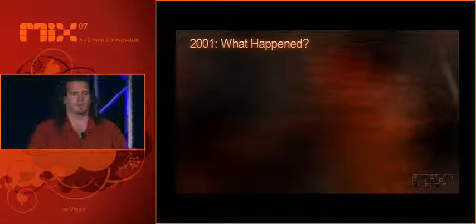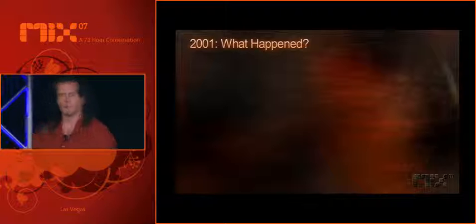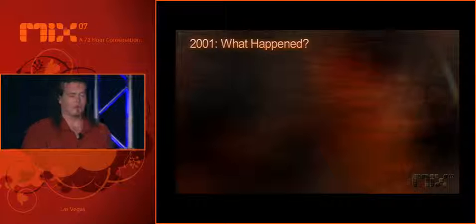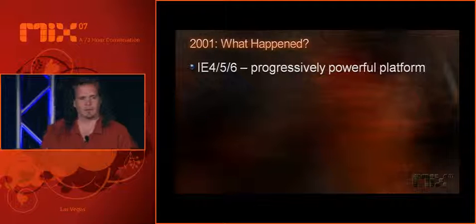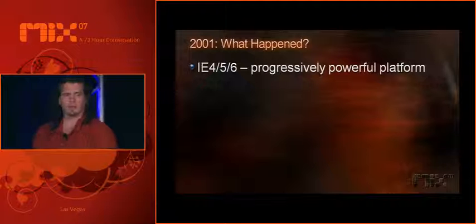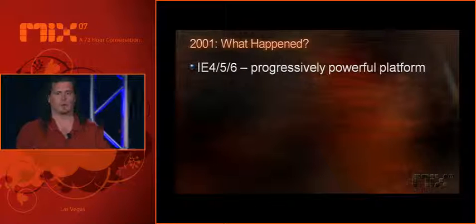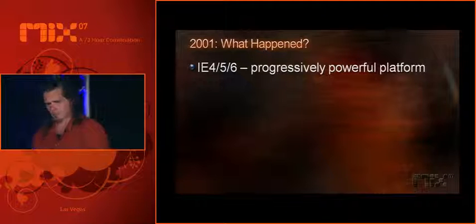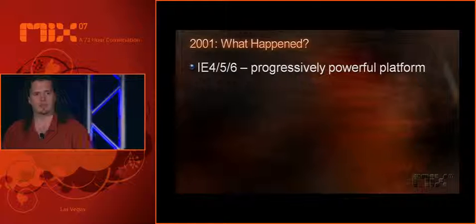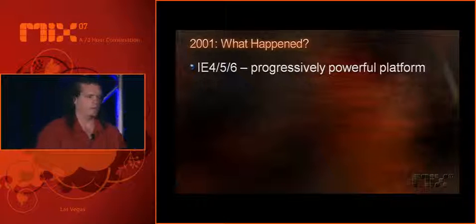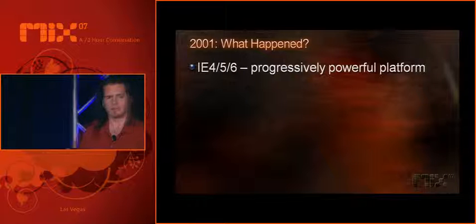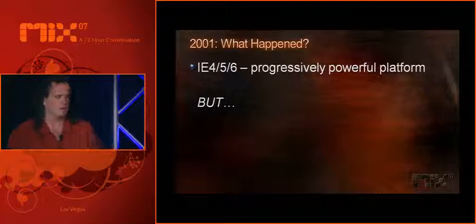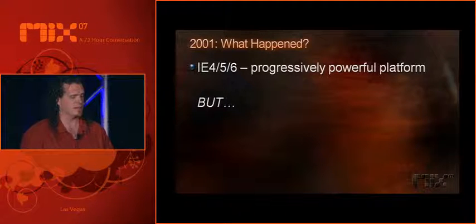So I wanted to talk for a little bit about what happened in the past, like where we started with IE7 in a way. In 2001, we'd been developing this IE platform progressively, starting with IE4. IE4, to me, was really a quantum leap forward just in terms of programmability and power in the web client platform. And 5.0 and 5.5 and 6.0 took that forward, really built the platform for Ajax as we think of it today. But the problem that we saw in about 2000, 2001, as we were winding down IE6, was that